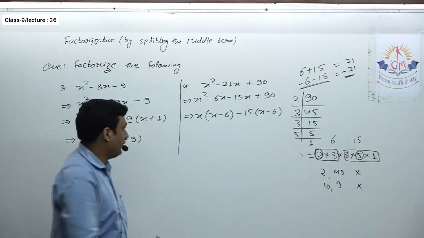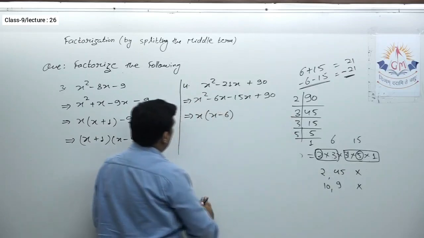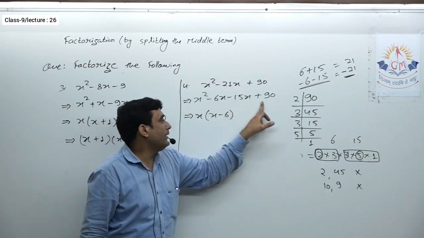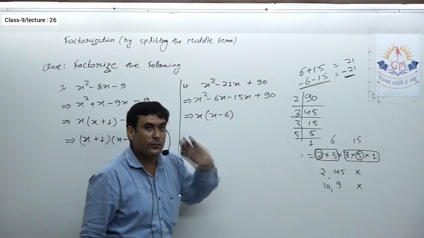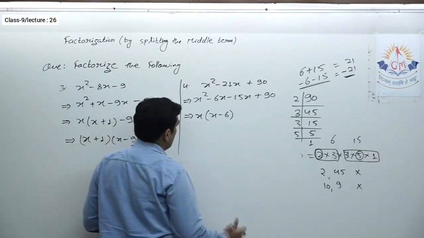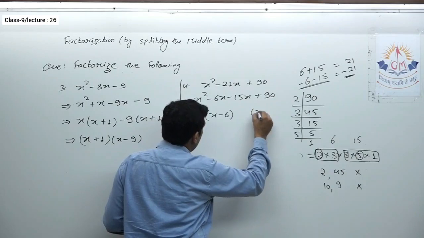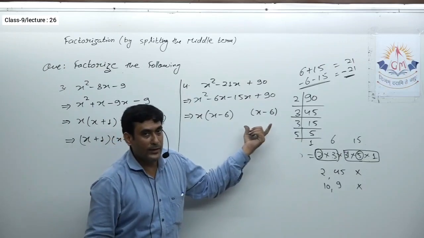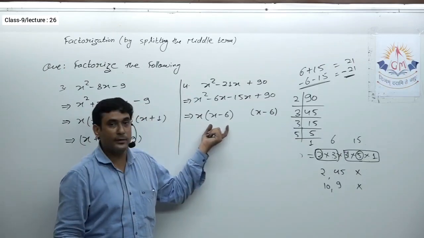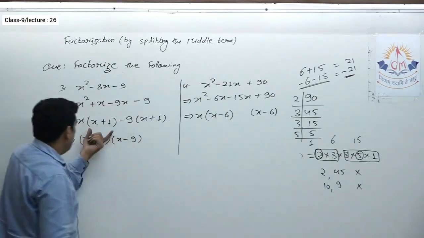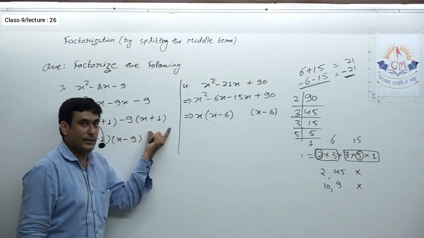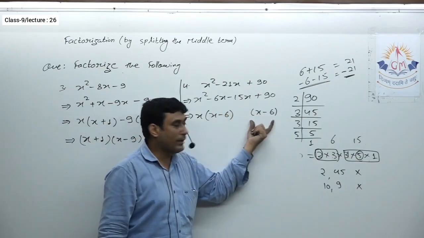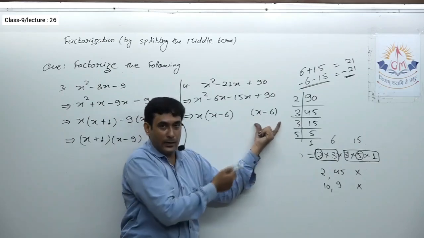Okay, let me tell you one more thing over here. Sometimes it happens that we easily get the common factor in the first two, but we find difficulty finding the common factor in the next two. For that, what you can do, if you observe all these questions, you must observe that whatever we take common, after taking common, what we get in the bracket is the same as what we got in our first bracket, isn't it? Here in the first bracket we have x plus 1, and in the second bracket again we have x plus 1. That means if you are getting confused what to take common, then write whatever you have in the first bracket, x minus 6.